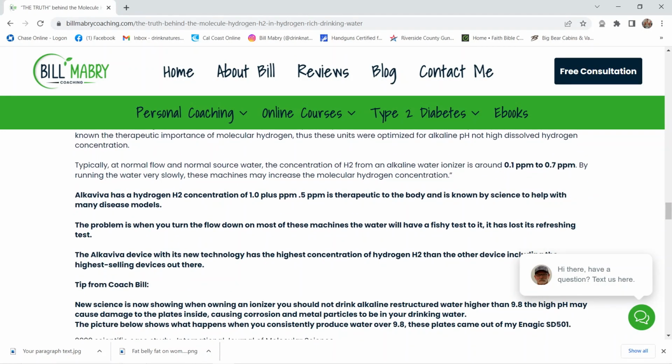Now, the device, I was with the top selling device for 15 years until I understood how important it was for the device that you're using to take out 99.9% of the toxins that are in your source water. Those devices I was selling were not doing that. That internal filter was only taking out one thing, and that was chlorine. I have now learned through science that you have to take out all the chemicals that are in the source water before it goes through the electrolysis process, because once those toxic chemicals that are left in the water go through that electrolysis process, they actually become more bioavailable